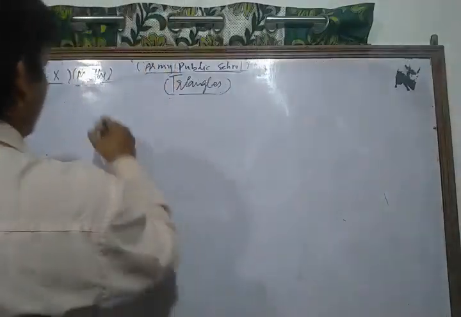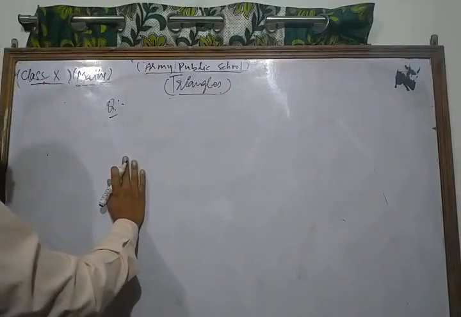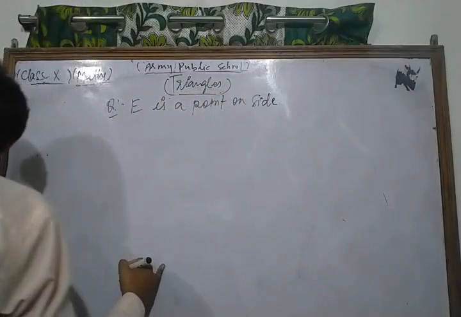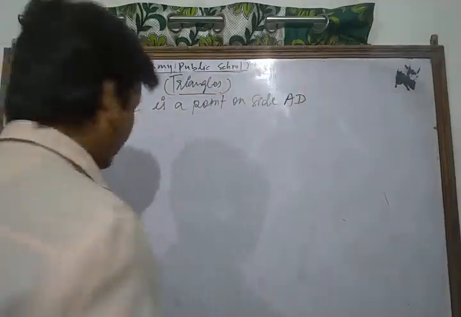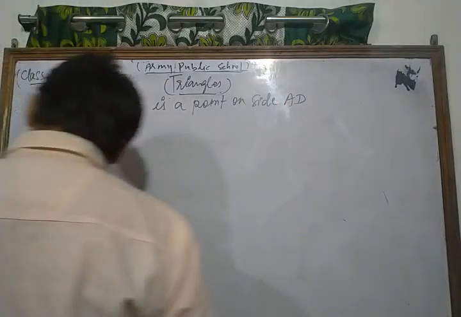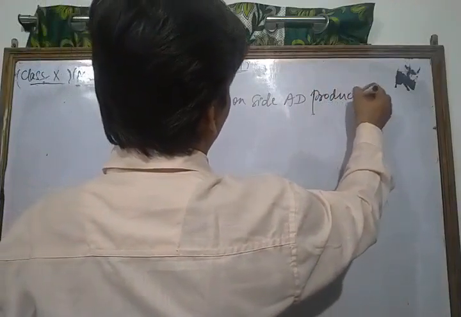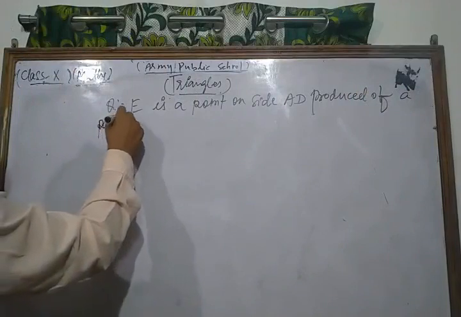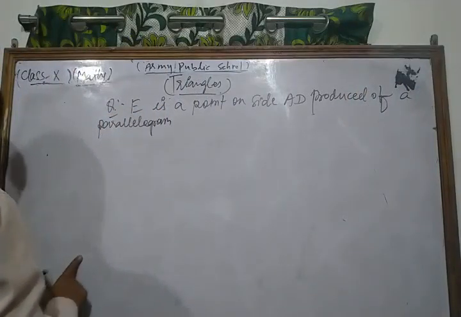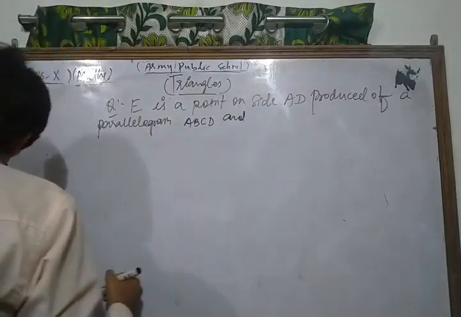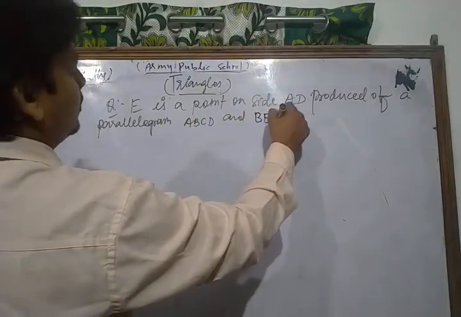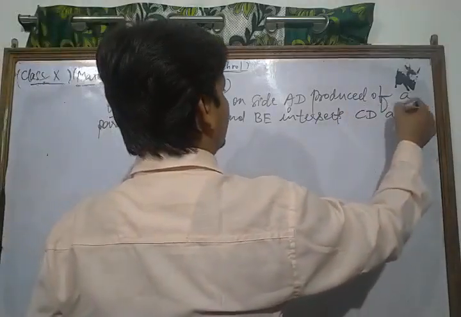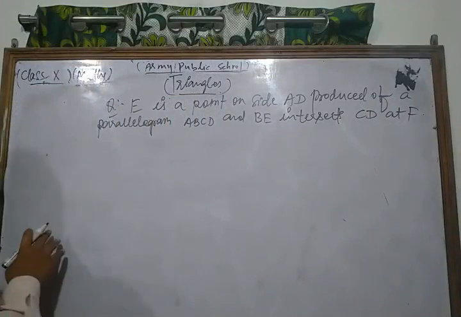Now we take and solve some other important question of your NCERT, and your question is: E is a point on side AD produced of a parallelogram ABCD, and BE intersects CD at F. Okay. Prove that